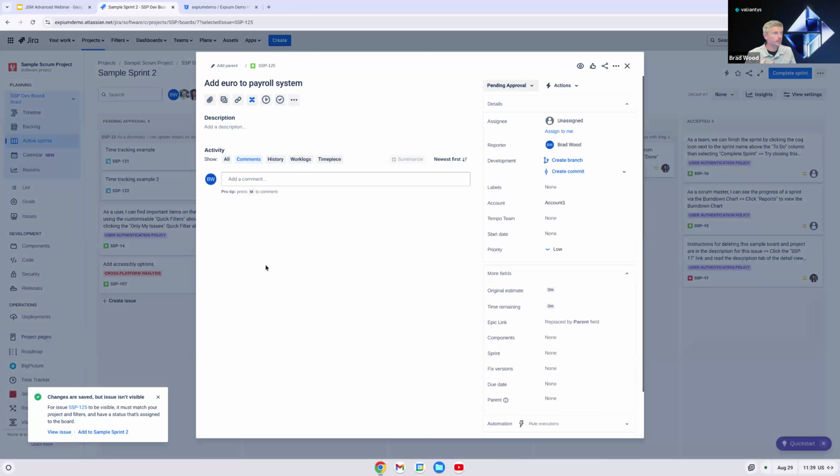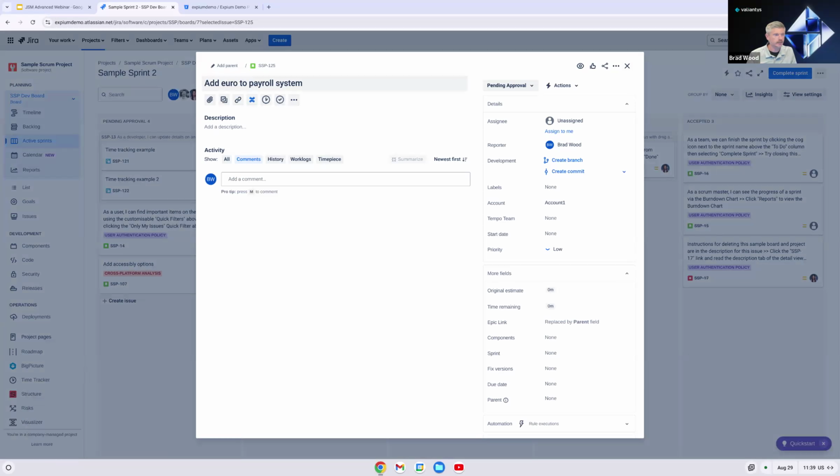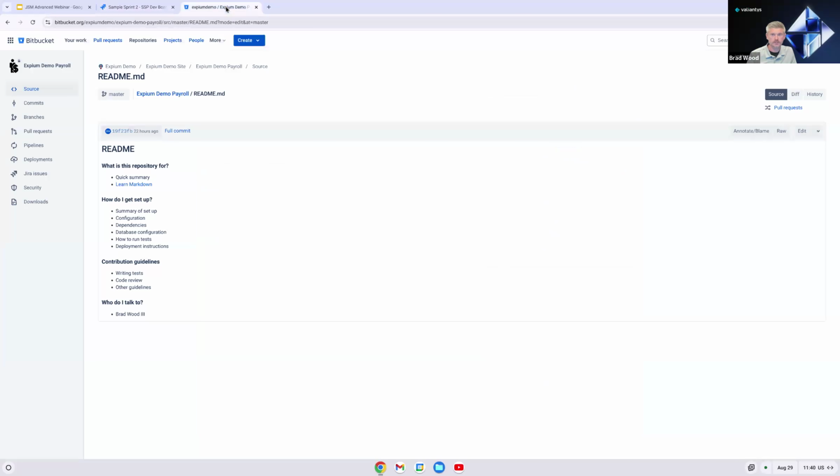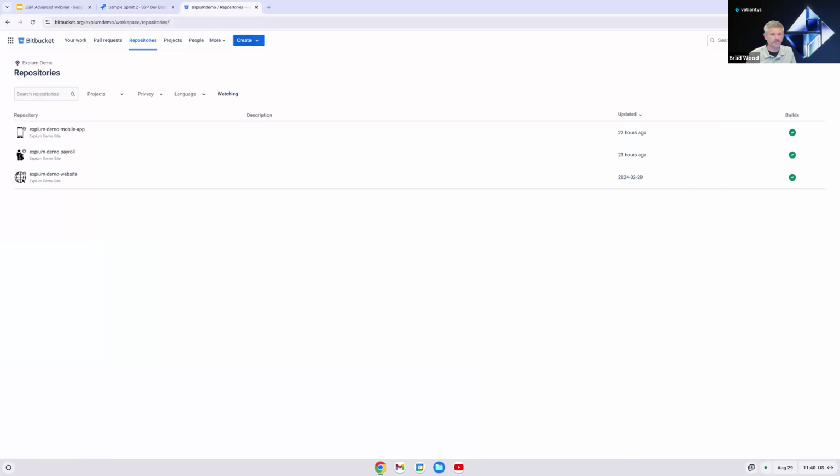So if I'm a developer who's received this ticket and we need to add the euro to the payroll system, well, I can do that over in Bitbucket. So I'm going to go to Bitbucket and we'll look at our different repositories. And again, this is our CI/CD solution from Atlassian. We have 3 different repositories set up here. I'll click into our payroll repository